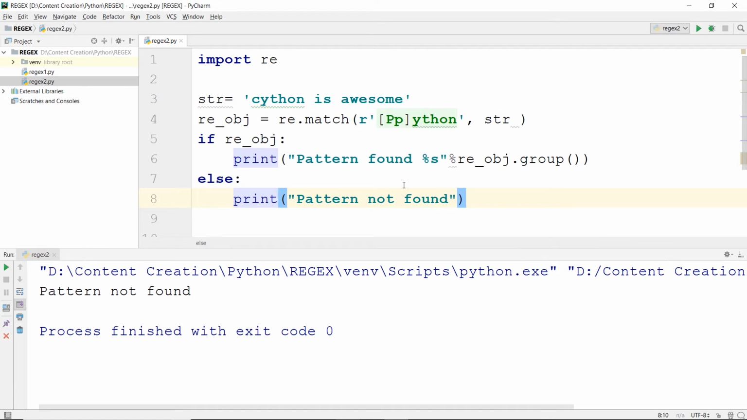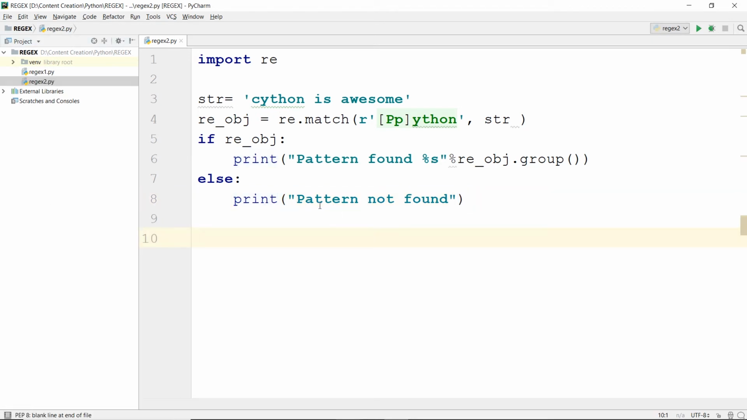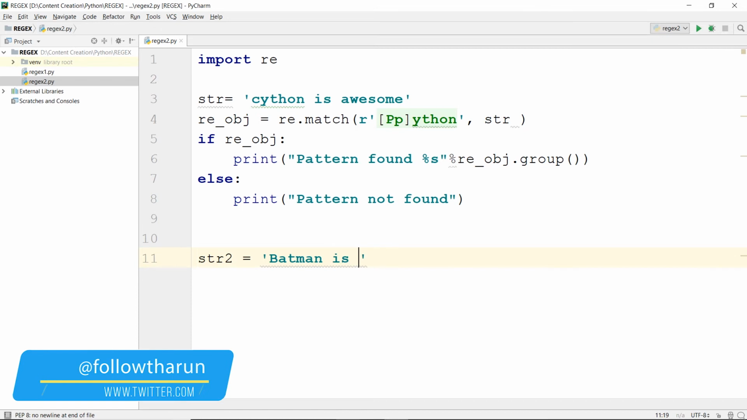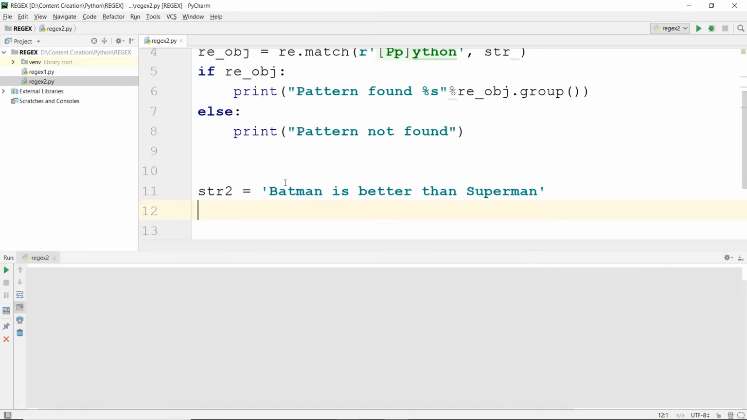So we've used group here, right? So what are the other ways in which you could use a group? So suppose you have str2 equals to, say you have Batman is better than Superman. Okay, so Batman is better than Superman, and let's now build our re2obj, which would be equals to